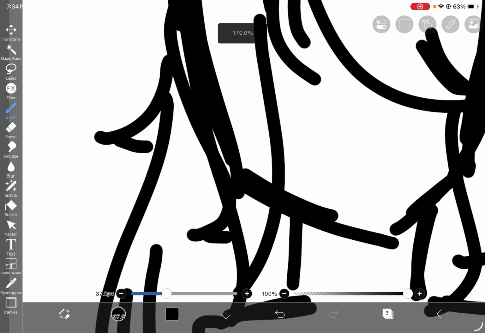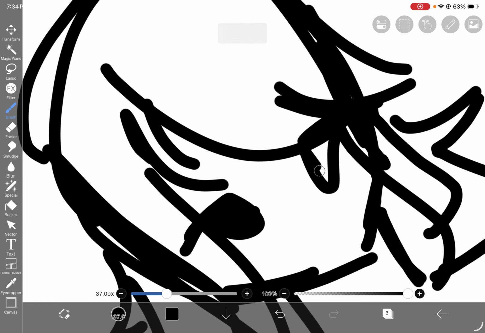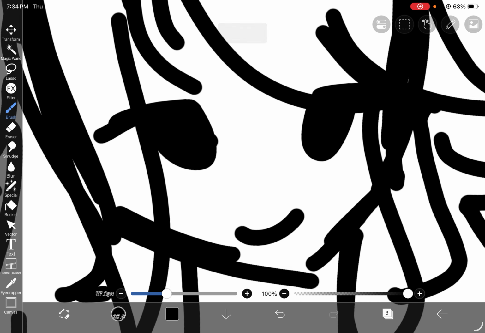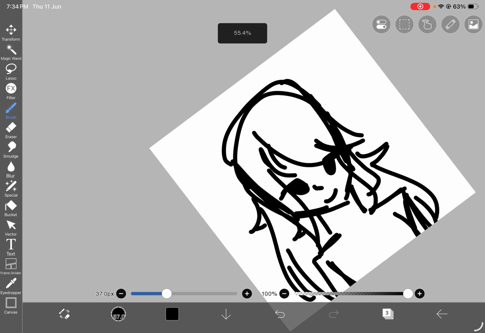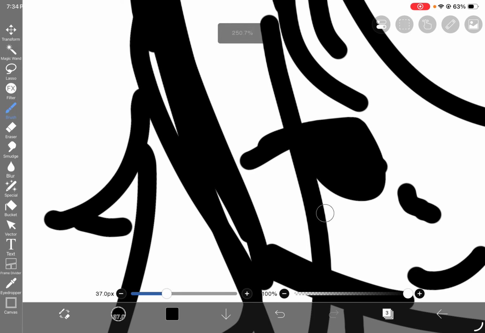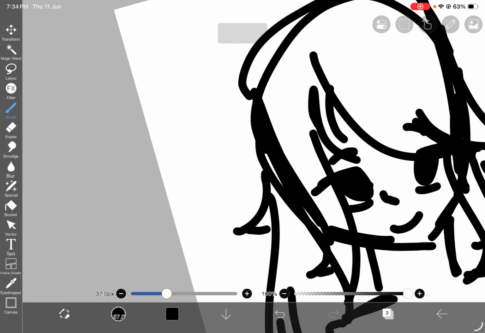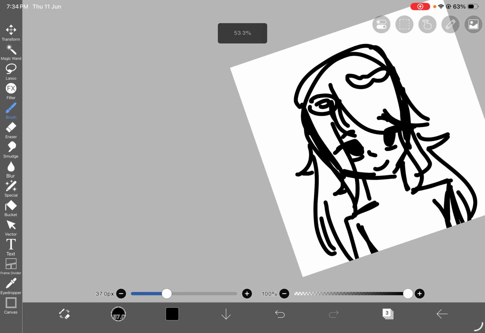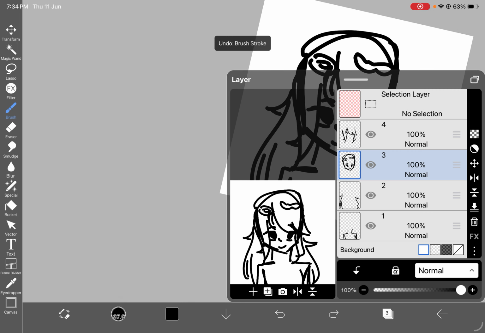Now, lastly, add the face and details on the head. Don't move it to another layer, okay? Since we only said 4 or 5 layers, add the face on the head instead. Now, since we have our drawing right now,